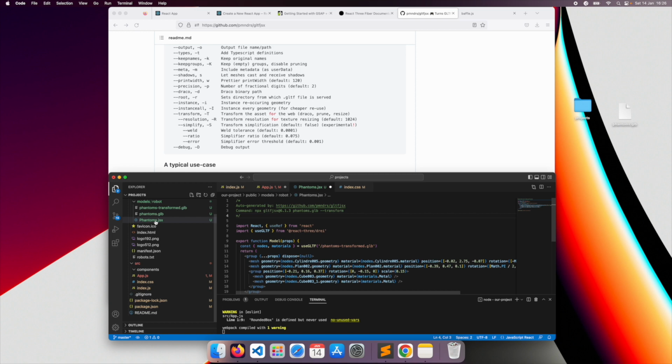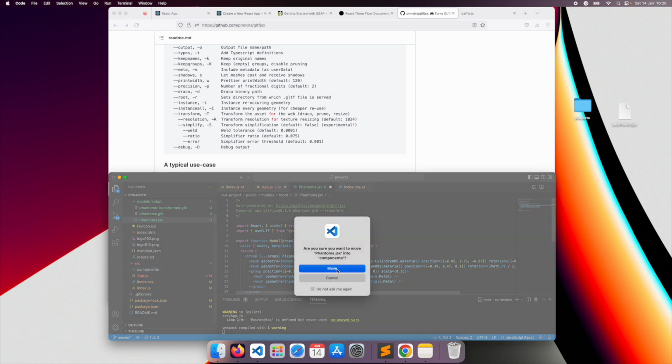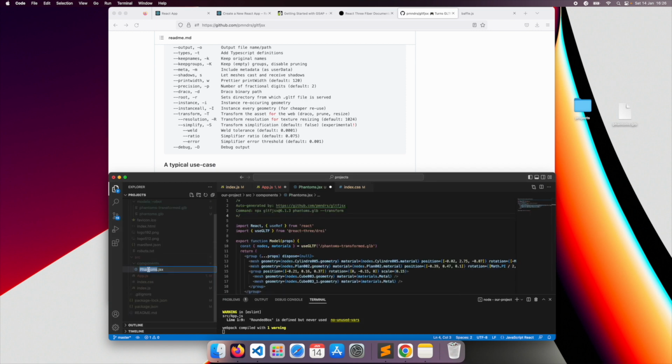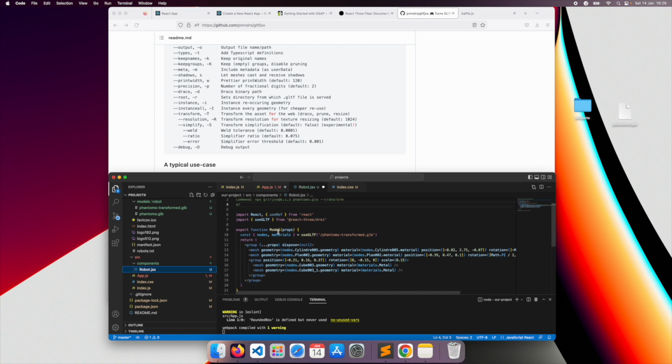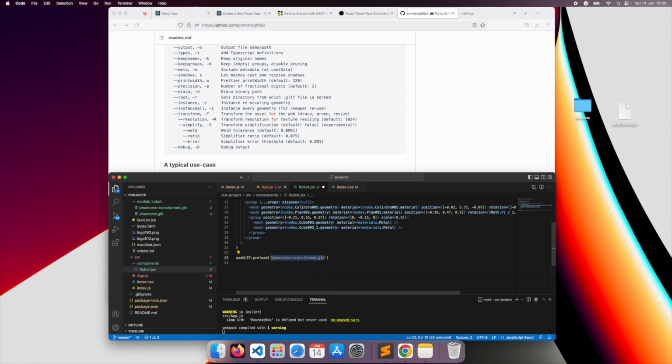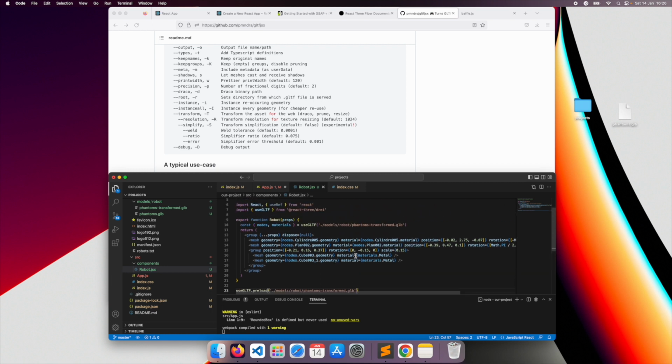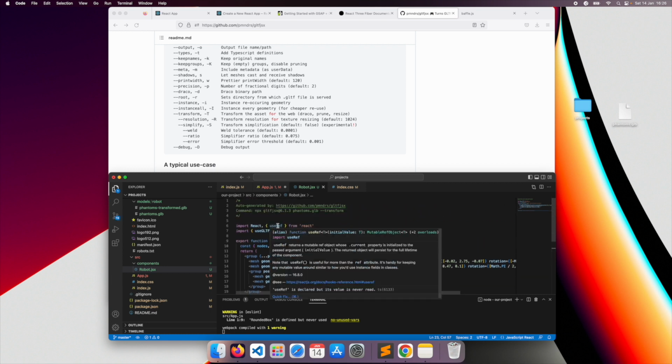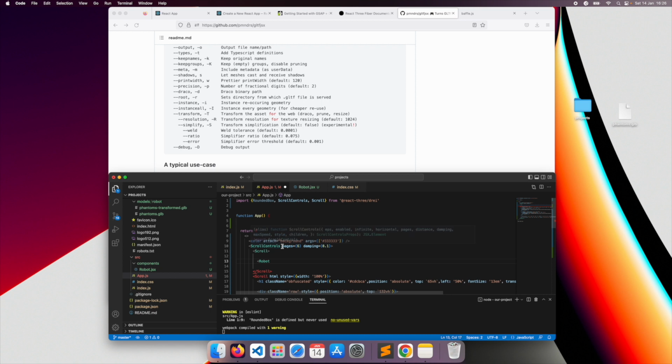So once that's done, we're now going to drag our JSX component into our components. We're just going to rename that, we'll call it robot. We're also going to change the name of the function. And we just need to update the paths. So I'm just going to quickly copy and paste from my other screen just to save a little bit of time. Here and here. Cool. And that's just going to grab it from our public folder. From there, what we can do